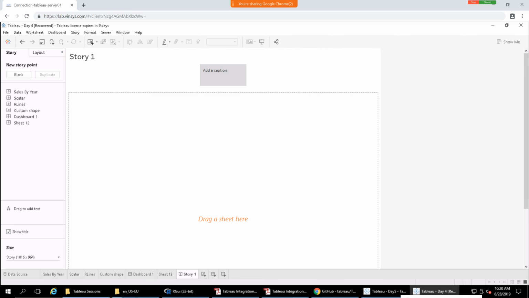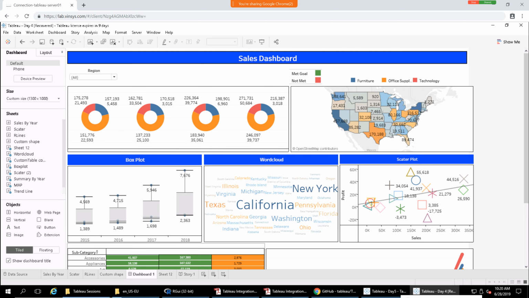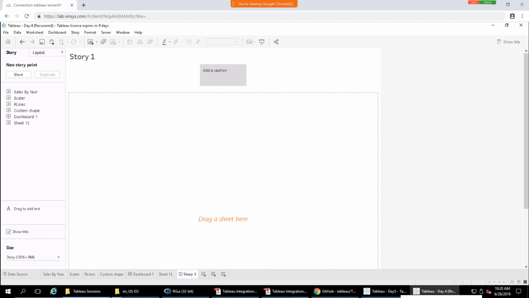Right. Okay. First of all, tell me, you understood the way we create dashboards, right? That approach you understood. Okay. So what happens in story? So far, the actual creation remains same through your different worksheets and all. What happens in a story? You can drag your dashboard or individual sheets, both. With that,